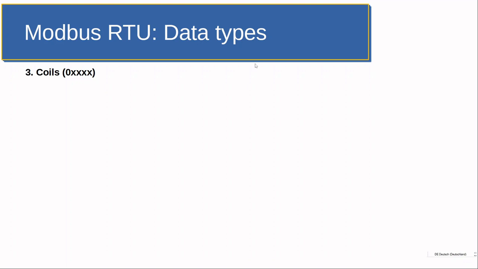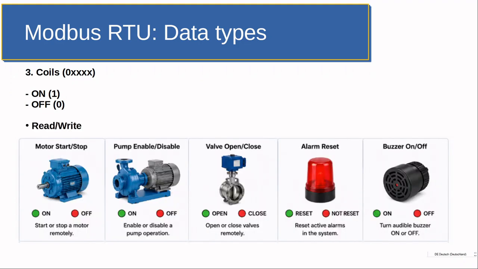We will now have a look at those data types in detail, and we'll start with the coils. The coils are single bit values that can be either on (1) or off (0). They are read-write, and a typical example is a motor that can be either started or stopped,